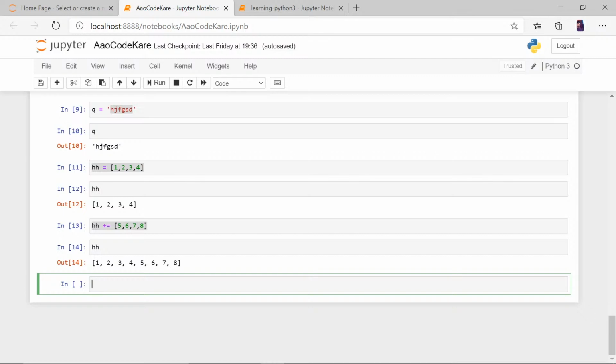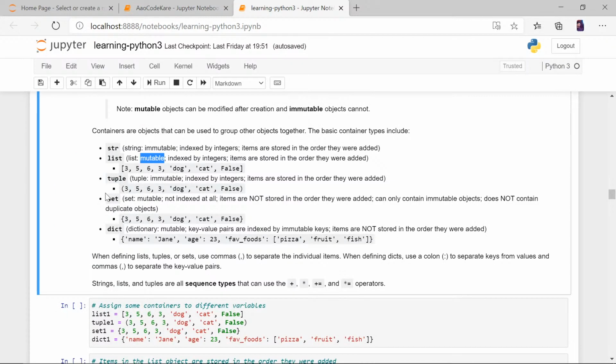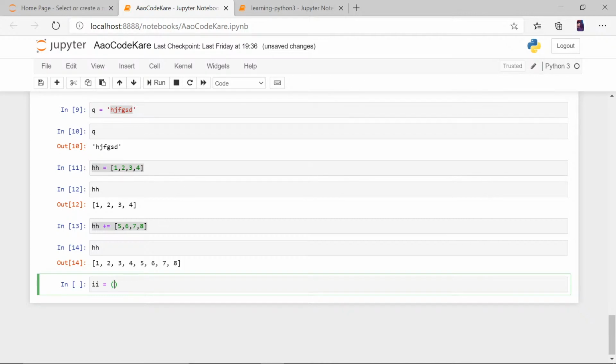Now let's understand what is immutable. So let's see, we do I is equal to. What is the difference between a list and a tuple? This is a square bracket and this is a circular bracket, right? So now we'll define it in circular bracket form.